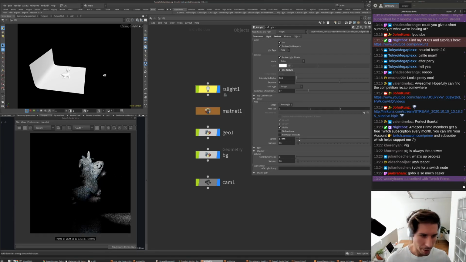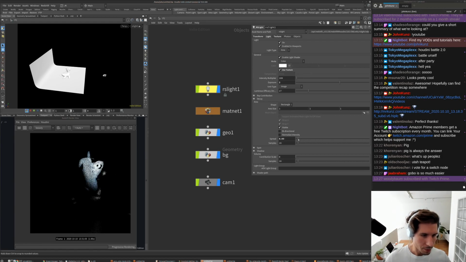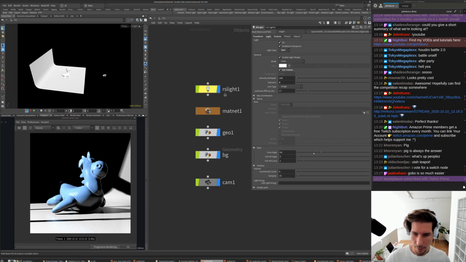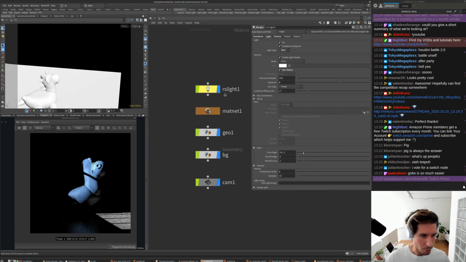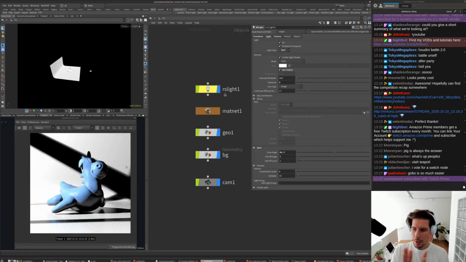I think you either have to go really narrow with the spread so that the light is really focused, or switch your light to a spotlight. And then once you have your light as a spotlight, if you adjust the cone angle,